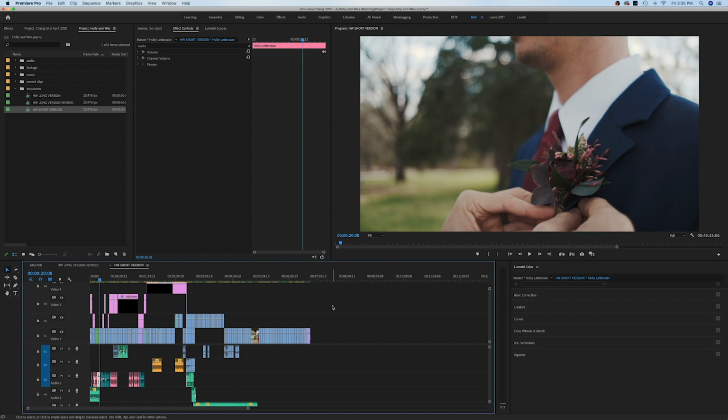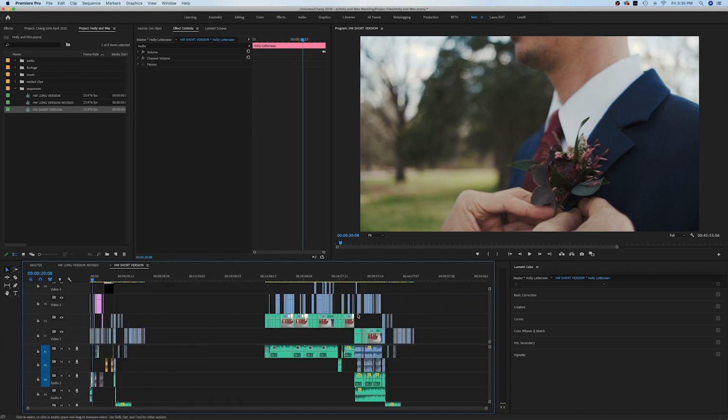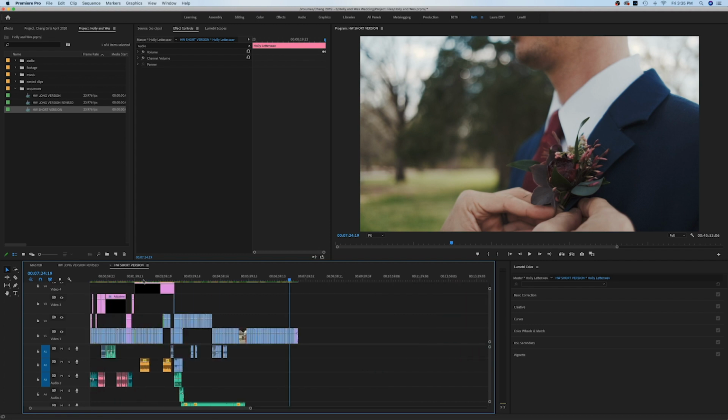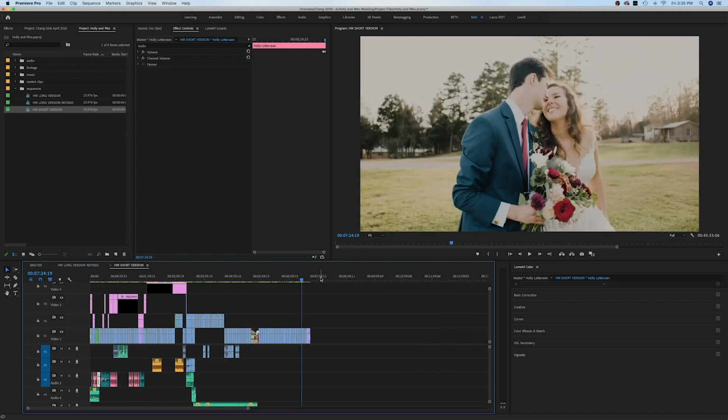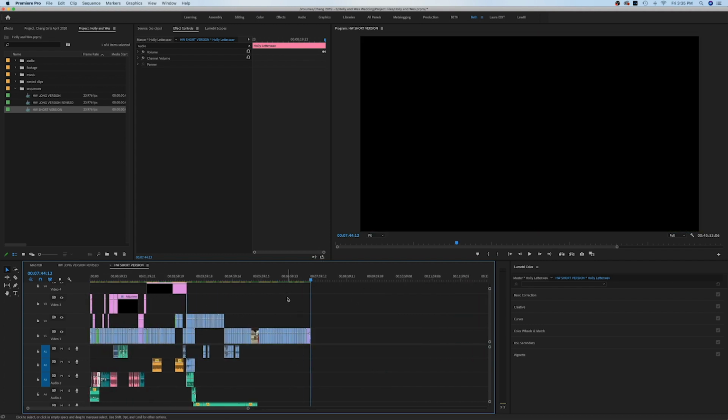If you go ahead and export your video from here, what's going to happen is Premiere Pro will export the entire timeline, which if I zoom out, you can see that I have a lot of footage over here that I was using during my edit that I don't want to export with my final video. So the way that you can simply export what you want to export here is by setting in and out